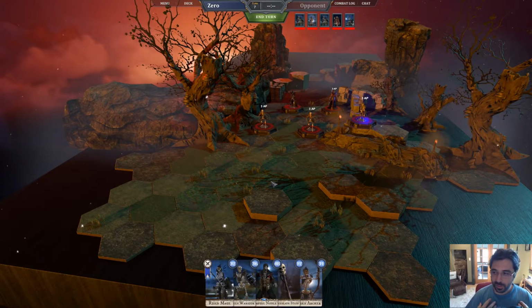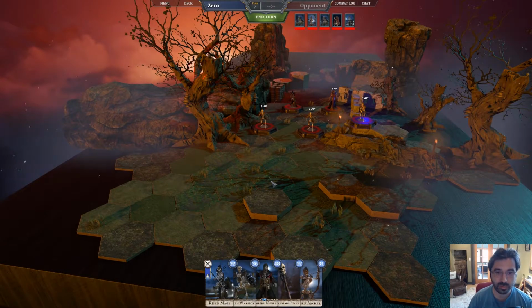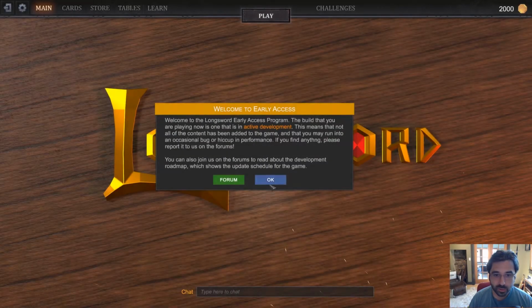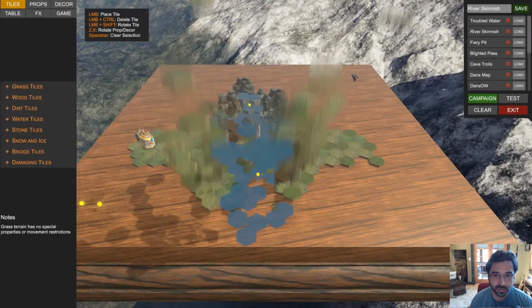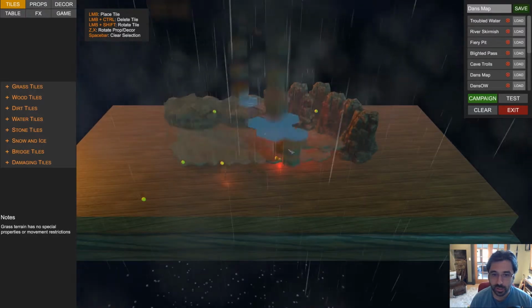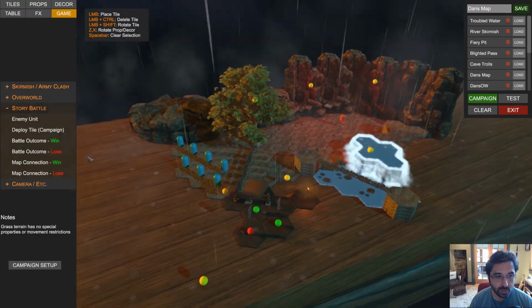So hopefully this tutorial was not so disjointed that you have no idea what I'm talking about, but using these techniques, you can now build a series of connected maps and make whatever campaign you want. We're going to go back into the table editor real fast to recap everything that we've learned about making these maps. So this is the story battle map,